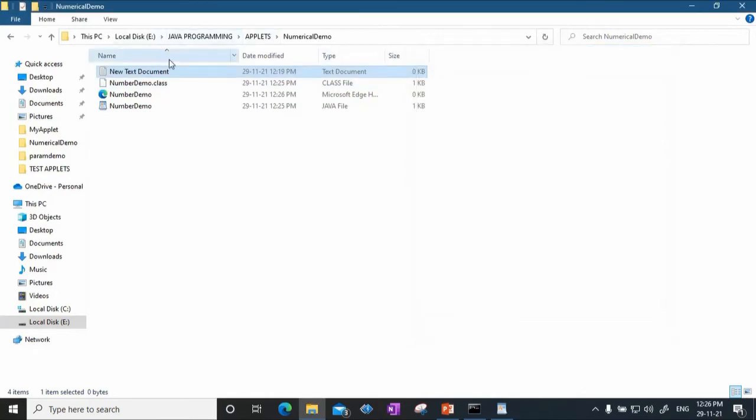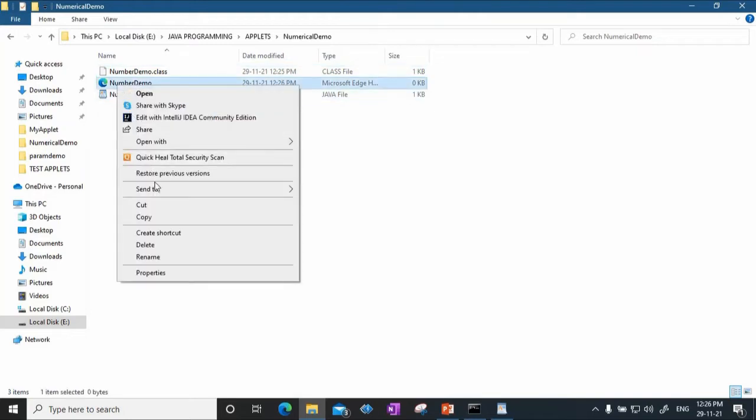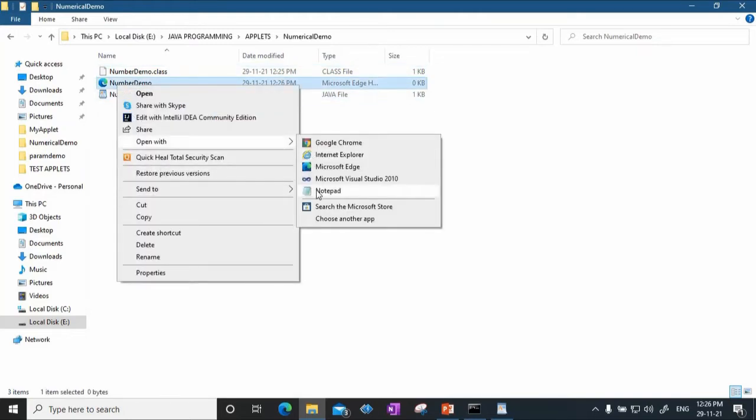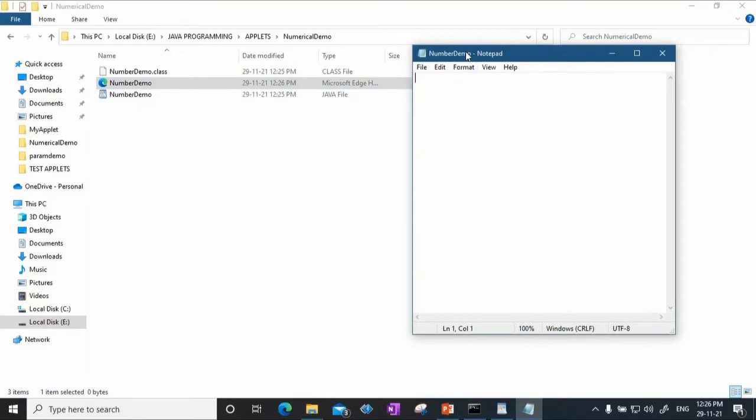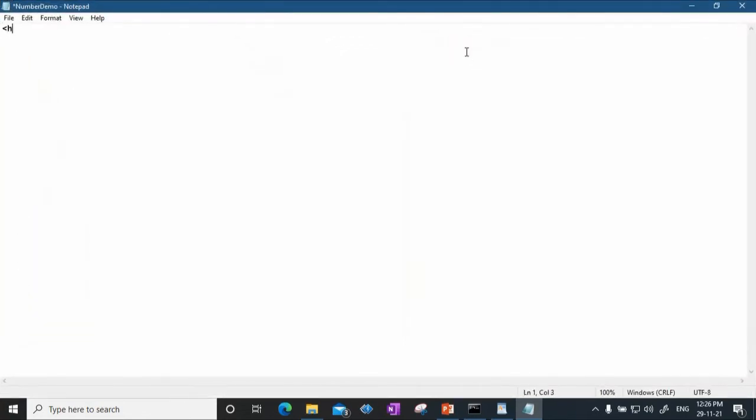Okay, so for this HTML file I have to now write the code. So I'll say HTML, then head, I'm not specifying any title this time.